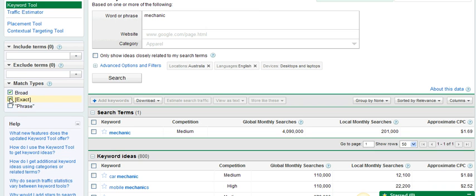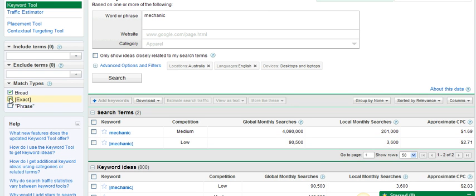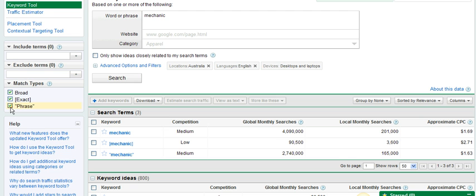Let's also click the exact match term, and Google throws up for us there mechanic in the little brackets. So that gives you a more targeted approach to the word mechanic, but still not totally specific. And look here, the local monthly searches have gone down to only 3,600, significantly less on that particular term. Let's have a look what comes up when we are very specific with that phrase. Google is showing us the specific phrase mechanic typed into the Google search engine is actually searched for locally